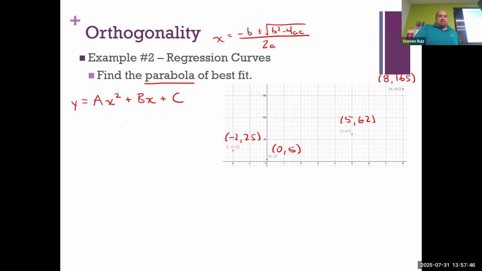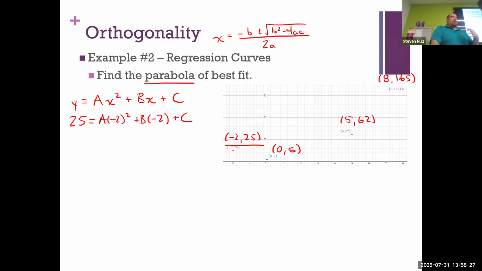How am I going to translate these things into things that a matrix can deal with and help us make calculations on? Right. So how would I apply that? Let's go left to right. How would I apply that to this point here? A times -2 squared. Right. And one thing I should have asked a bit ago is, if we're going to find the parabola of best fit,